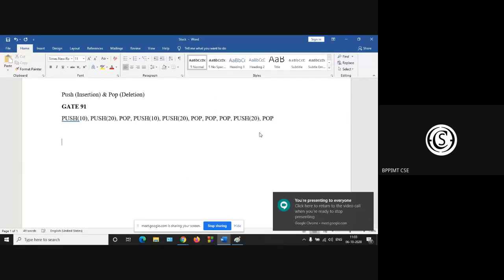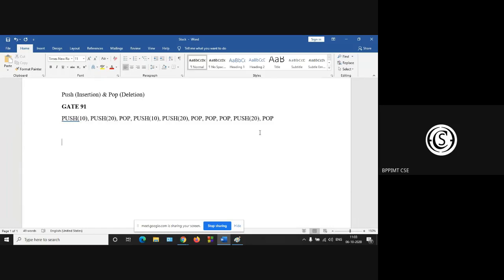So now we have to see the push function. What is push function? How to write the push? Let your array name be st. So int st, and you are inserting some value, so int val.